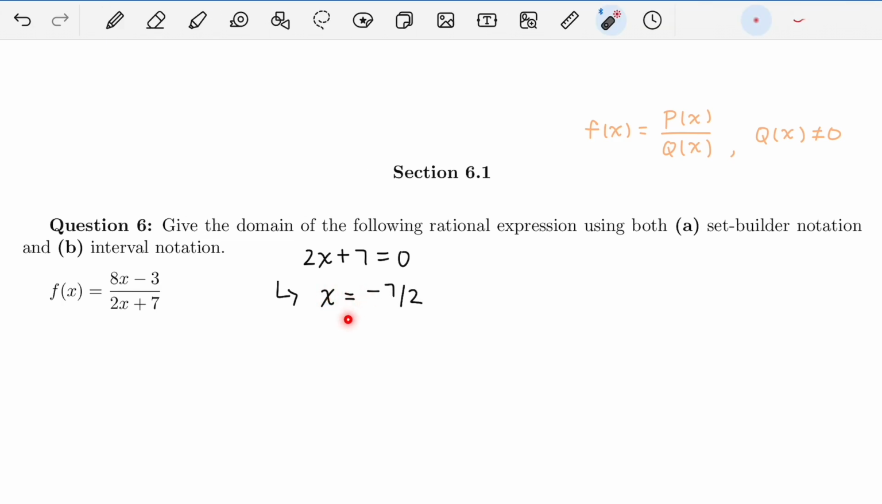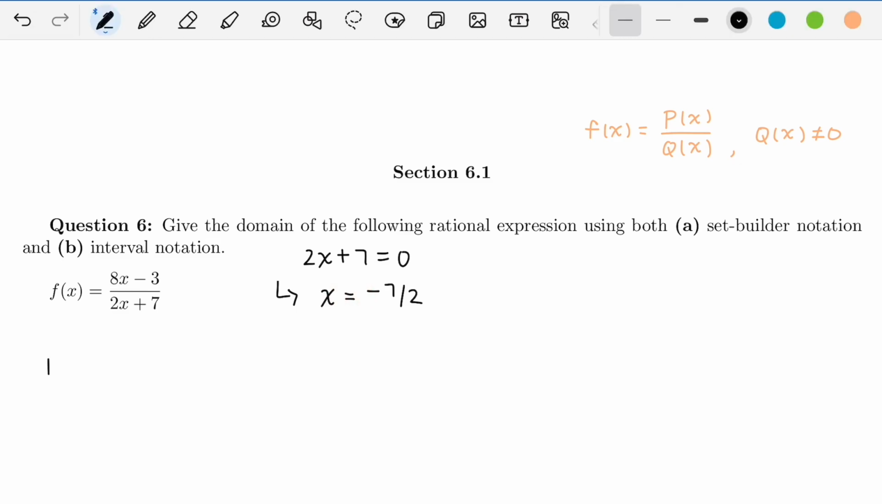So if we were to plug this x value into our denominator here, minus 7 over 2, we would end up with 0 in our denominator. So this means this guy cannot be part of our domain. So to express our domain in set builder notation,